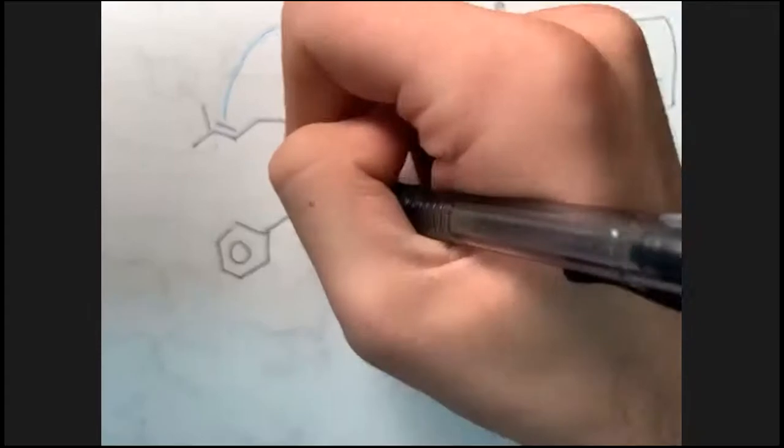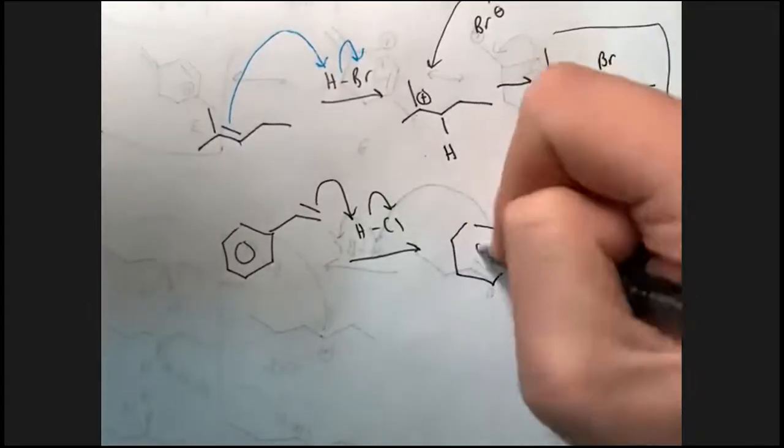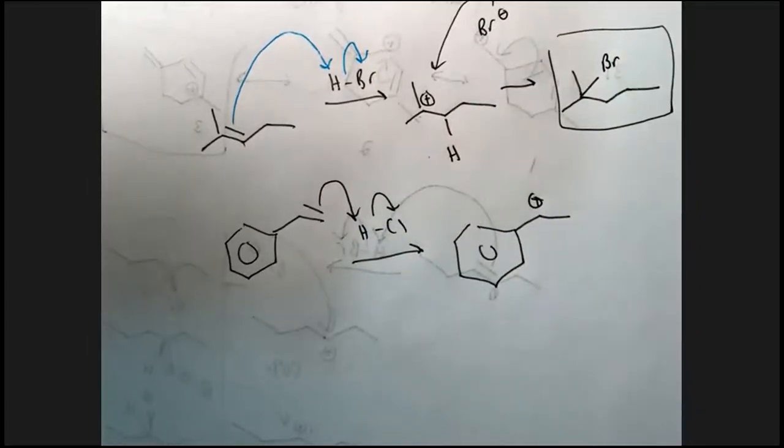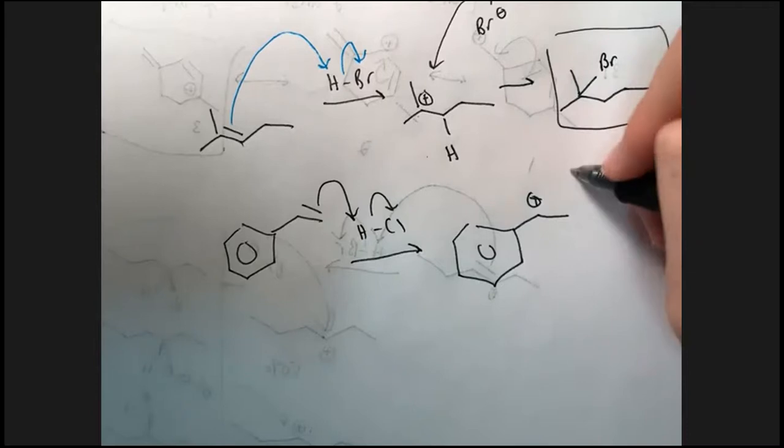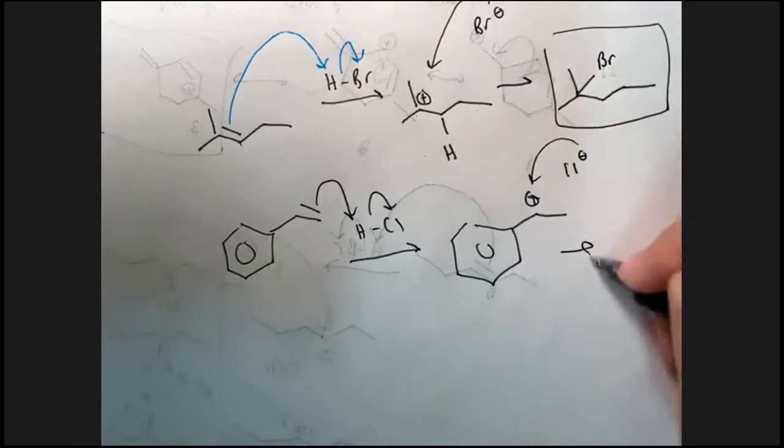So we have this HCl. Okay, so same types of things going on here, formulates here. So we're going to generate this secondary carbocation, not the primary one, because that follows Markovnikov's rule. Chlorine is going to come in and attack. So we get